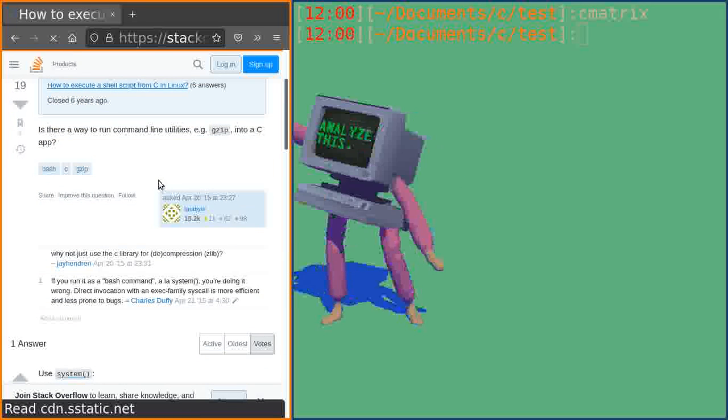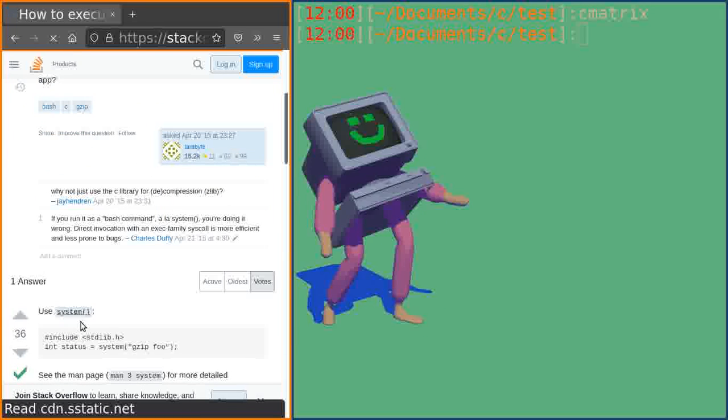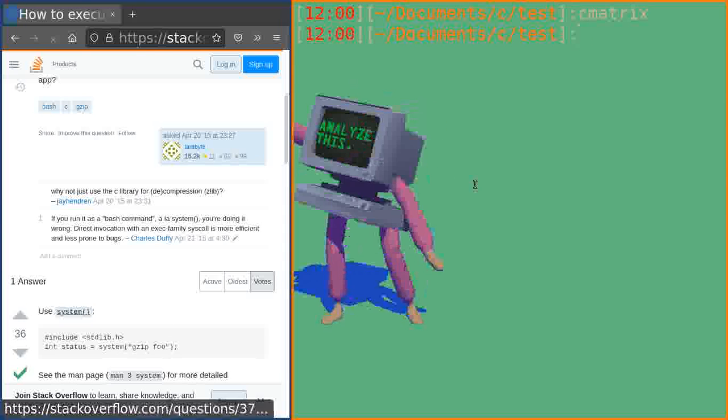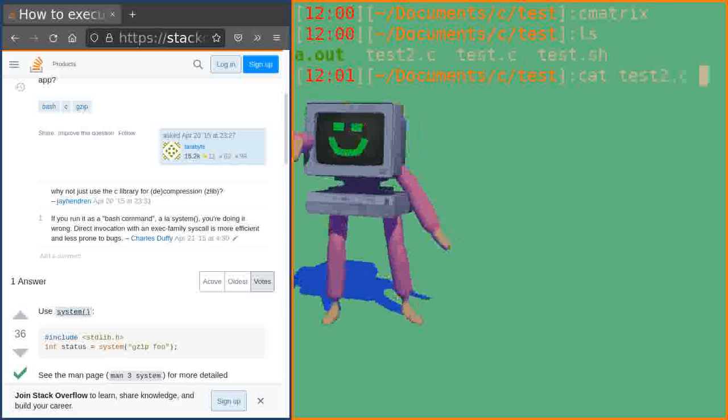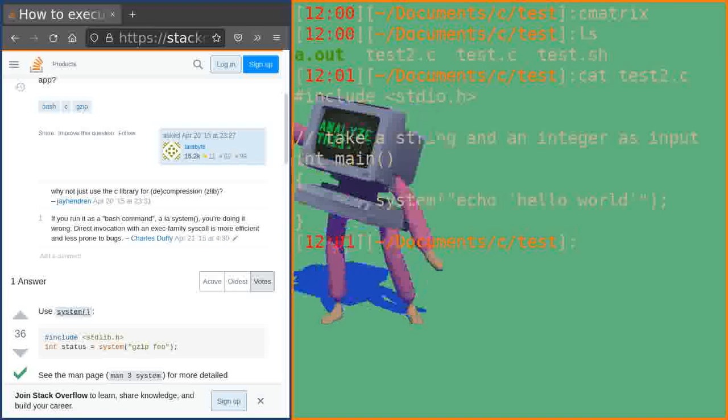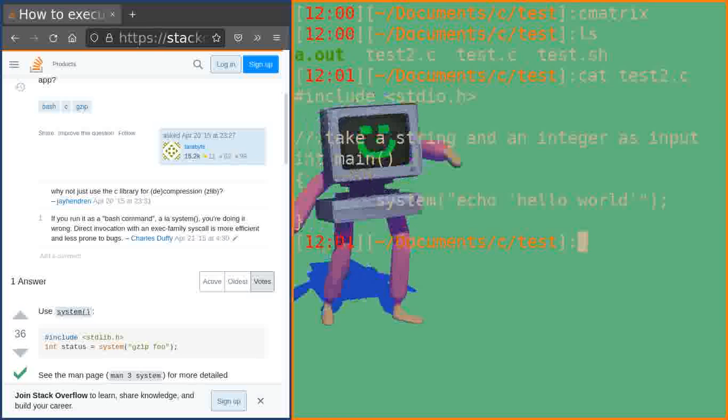Yeah, I'm probably gonna provide some animation with that. So include stdlib. Do I have that? So if I cat test 2, do I have that? I don't. I only have stdio, and I need